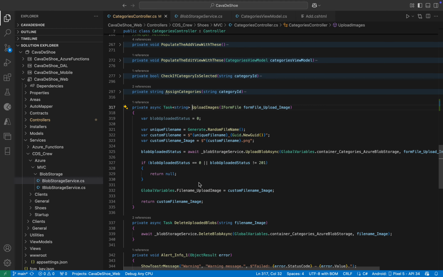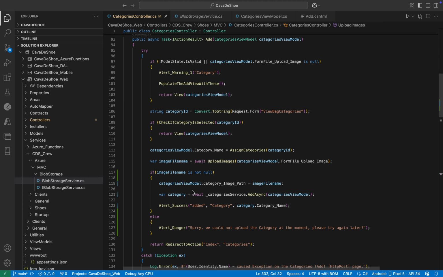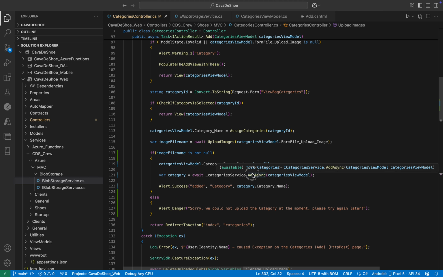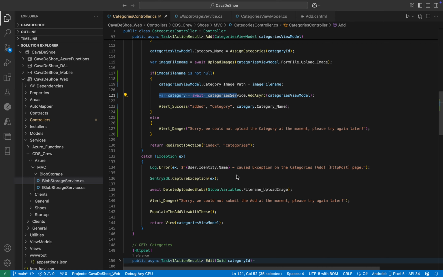If we did successfully upload, meaning that we're going to keep a record of the file that was uploaded to a temporary property, right? This is why here this guy is important. So let's go up. However, if we attempted to now save the record to a database using an async and something happened, this will still trigger an exception. What will happen then, it will be caught in this block here, catch